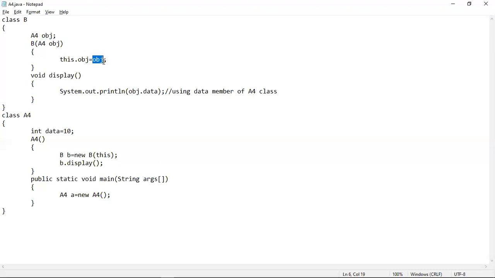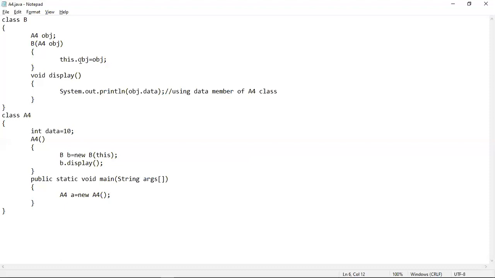That means this obj reference variable will now also point to this a object in memory. This a object is pointing to the base address of the heap which has been allocated for this object creation statement, and that heap memory is also being pointed to by this obj. That's what this statement means.